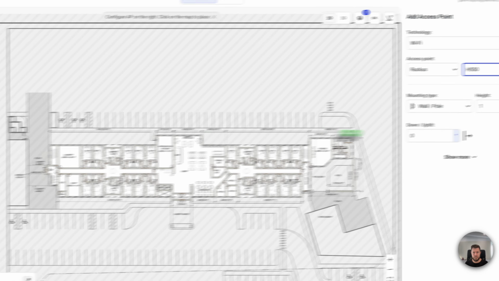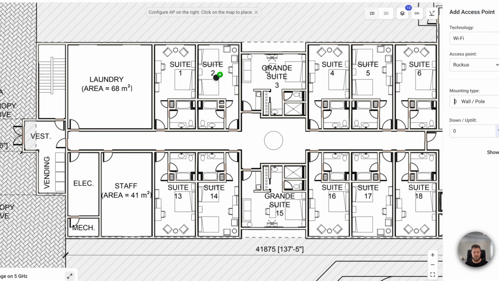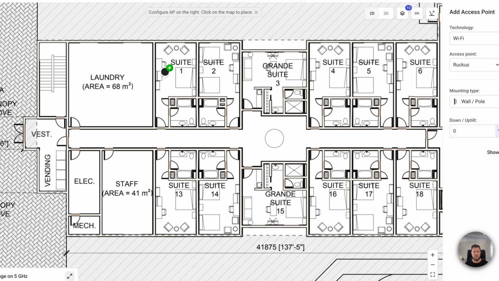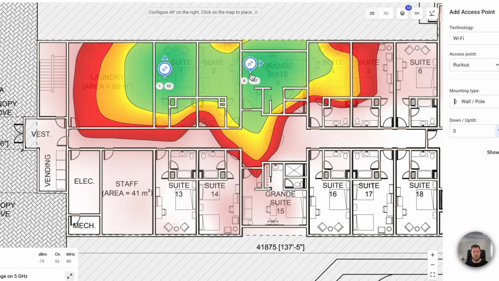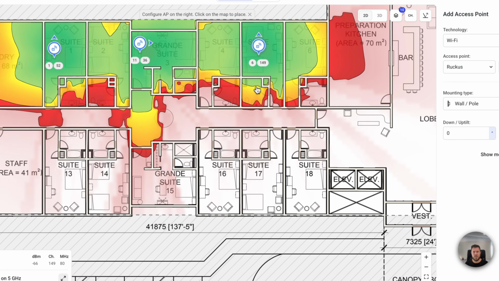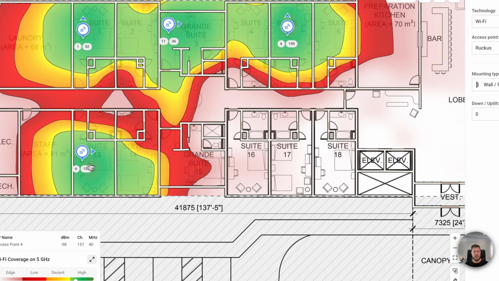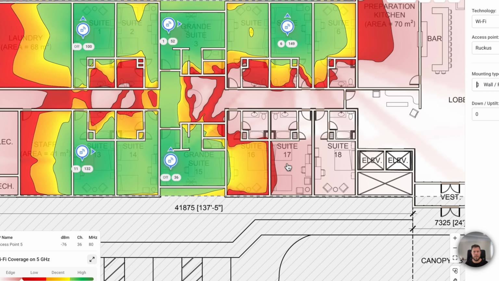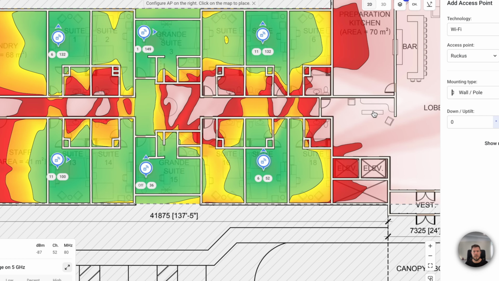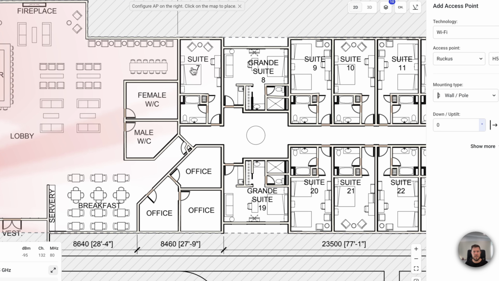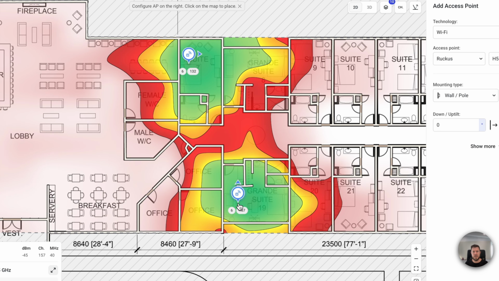So I've selected the H550 in this case, and I'm going to place an access point, place an access point, place an access point, and I'm going to do the same here, like so. And then I'm going to move to the other side of the environment here, and I'm going to do the same thing,